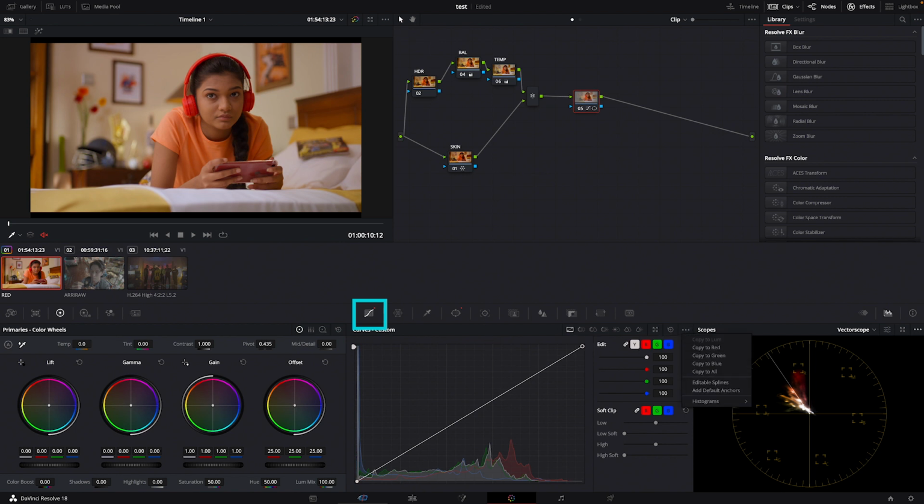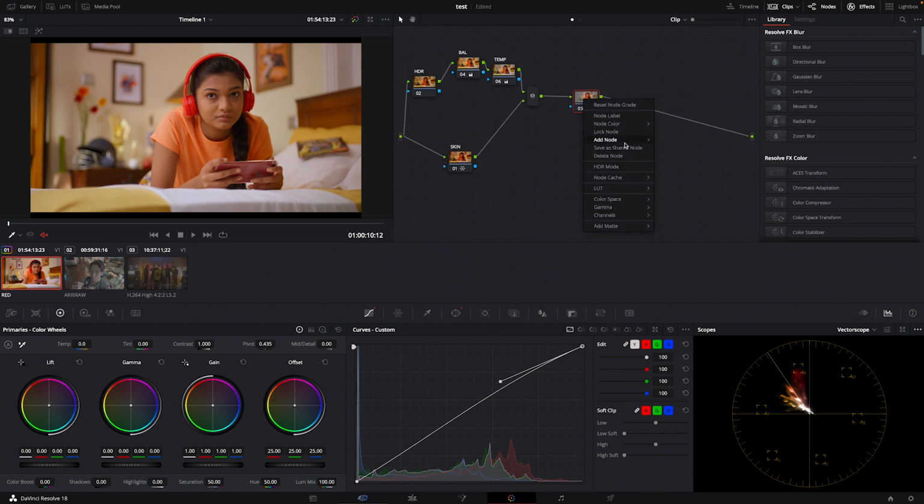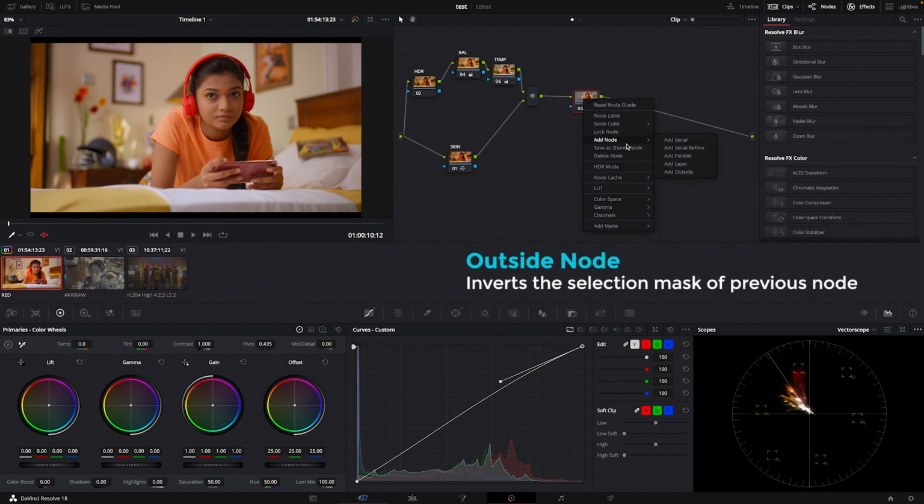In my curves, I'm clicking these 3 dots and selecting editable spline. I'm just gonna raise a bit to have my talent a bit more lit, and add a new node outside,